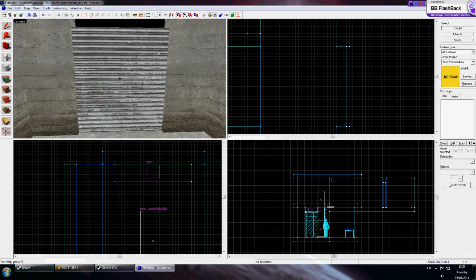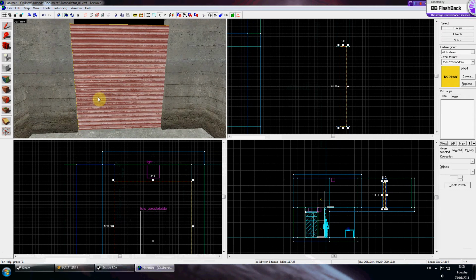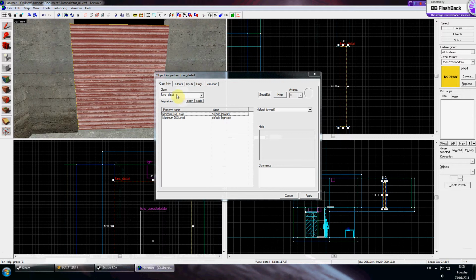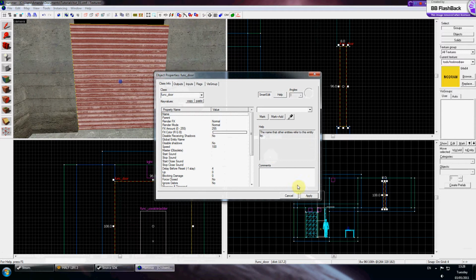Right, once you've got the door created, you want to click on it and hit Control T. This will add properties to this one brush here. You want to make it a func_door. Not door rotating, just func_door, and then click apply. Now you'll see a little blue ring in the middle, a little blue circle. Right, now you want to give your door a name. For this I'm going to call it door 1,